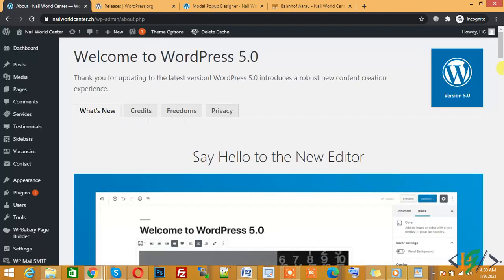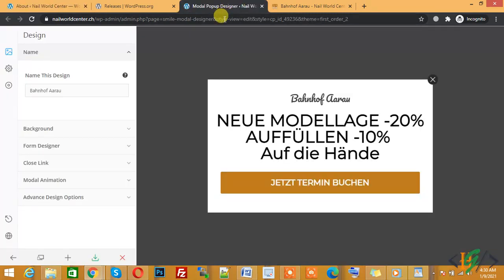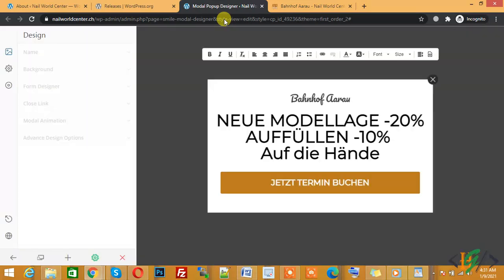WordPress 5.0 is installed. Now go to the modal pop-up designer page and refresh it. Now we will edit the modal and save the change. After this we will update the WordPress version again.